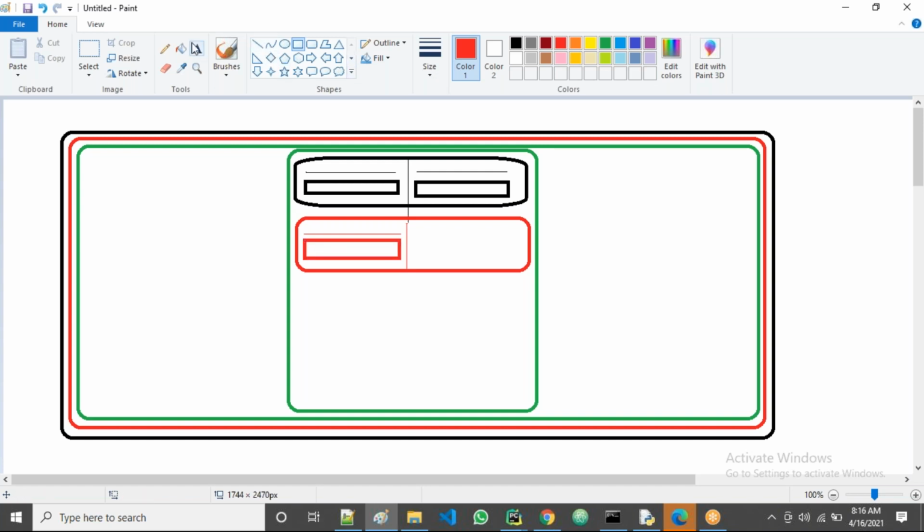Next one, enter your company name, and for it the input box like this. Now all of you are clear about this one.